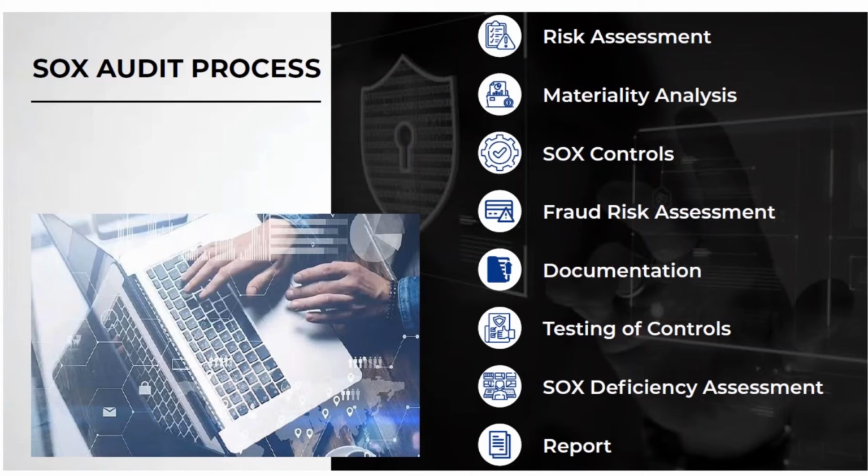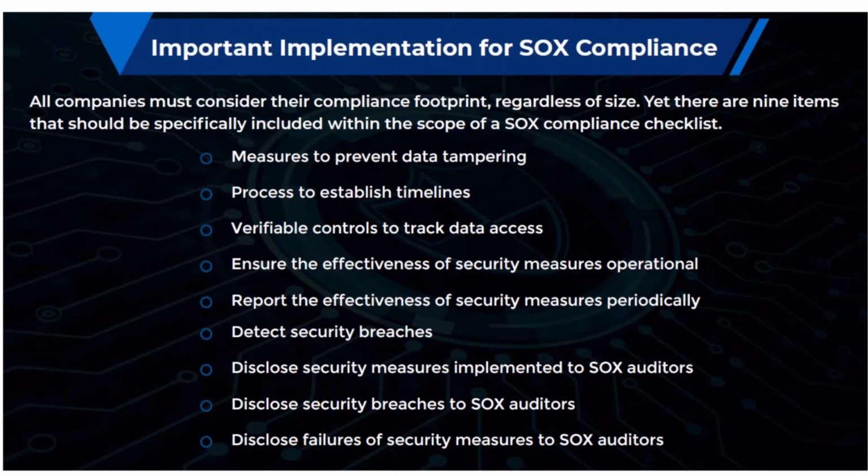So again, the SOX audit process: the risk assessment, the materiality analysis, that is, those controls that are materially required for your organization. The SOX control framework design, the fraud risk assessment that has to be done, then the documentation, testing of controls, deficiency assessment, and the final report comes into place. This is the overall SOX audit process as we saw even earlier. Now, important points for the implementation of SOX compliance. So, in all our experience, you've seen a few areas, and these are the 9 items that you've identified,